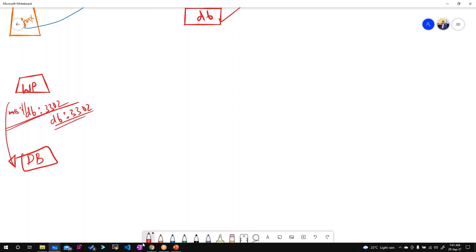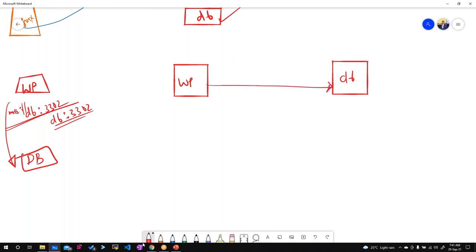So this endpoint is a stable endpoint. This is the WordPress container in this case, and this is a DB container. If I have to deploy them in Docker, it is fine. I create a custom bridge network and add both the containers. So now this DB colon 3306 will work because I'm opening port mapping like this. DB is the name and port mapping is what I have given. So now if this DB container restarts or fails and recreates, it comes up with the same name, right, in Docker also.